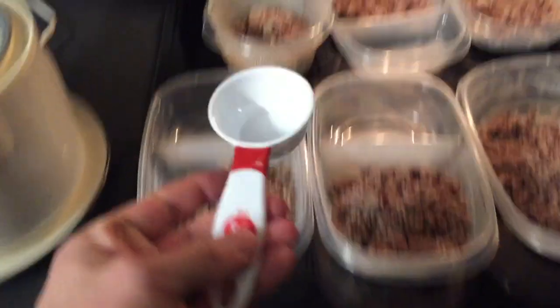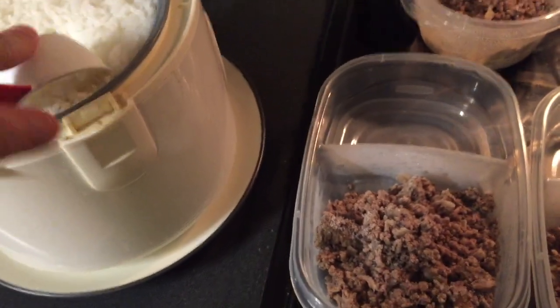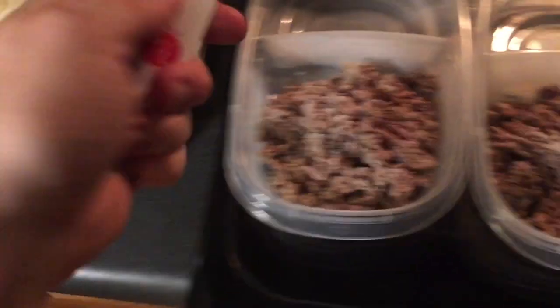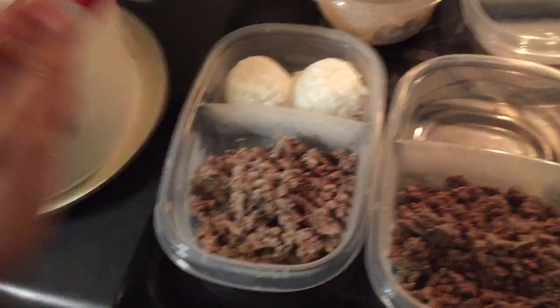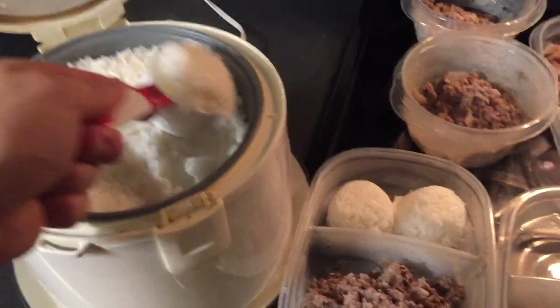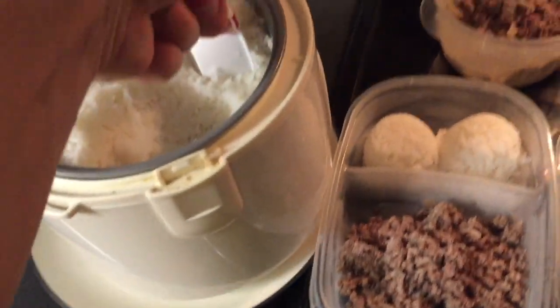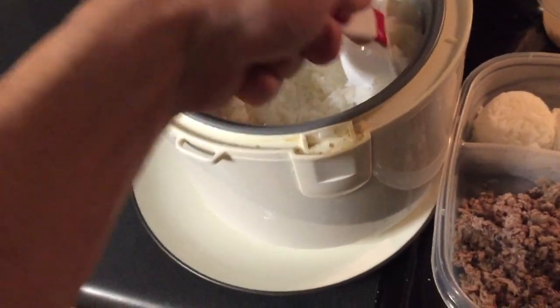Nothing exciting here. I'm going to use a 1/4 scoop cup because it's easier for me to scoop in and out of this rice cooker, especially with one hand holding the phone. So 1/4 cup equals a 1/2 cup, right? I did go to school that day, and literally I'm just scooping 1/2 cups out into containers of frozen meat. And as soon as I'm done with this, I'm going to put lids back on these containers and put them